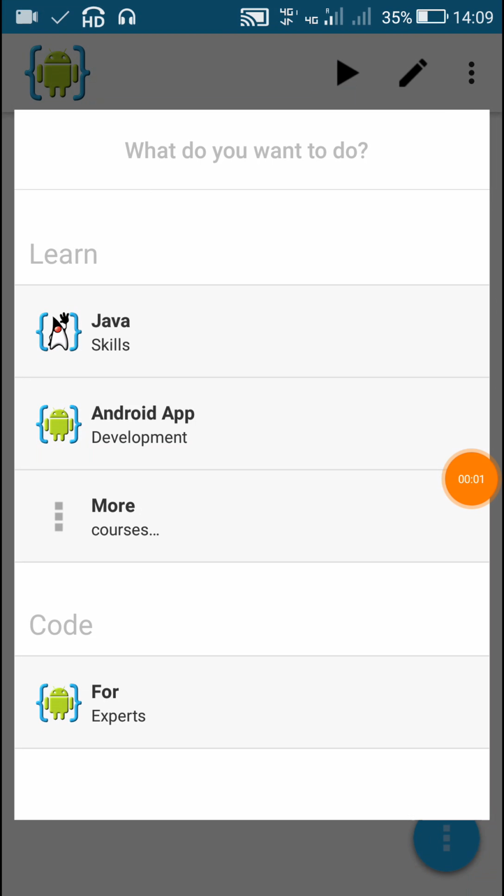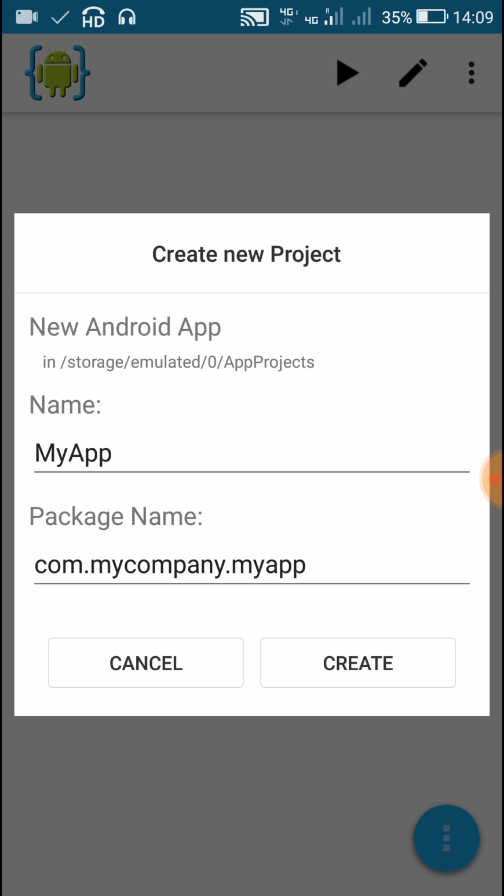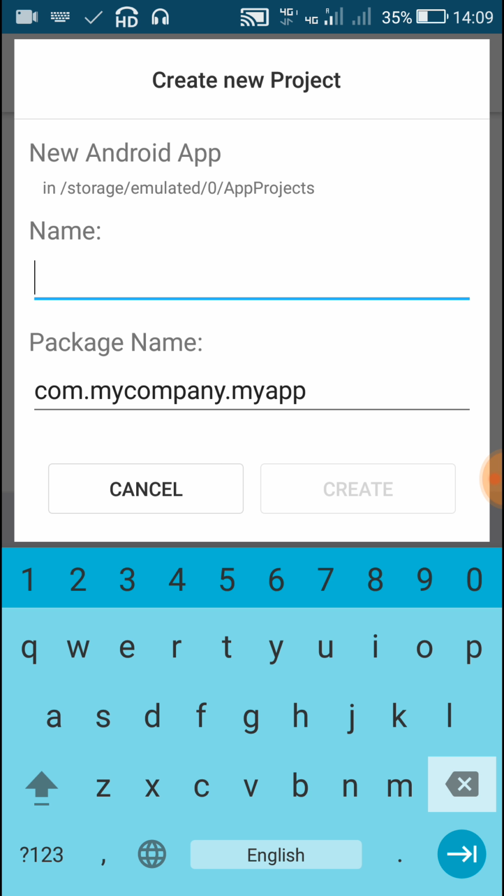Hello friends, in this video I will show you how to add a flash screen to your Android project in AIDE. So let's start. Here create a new Android project,